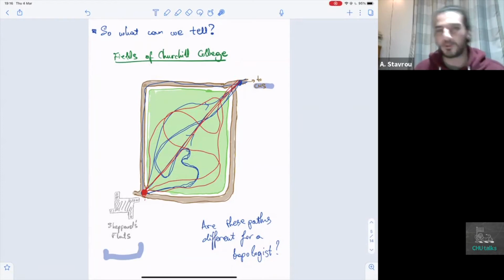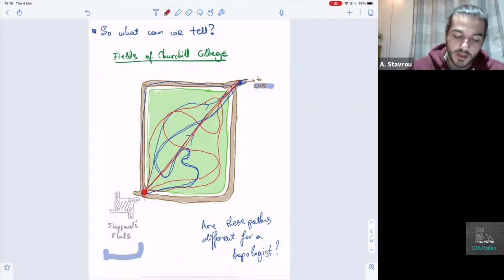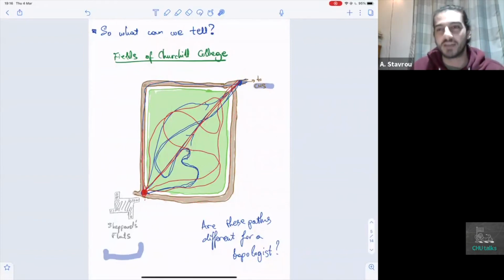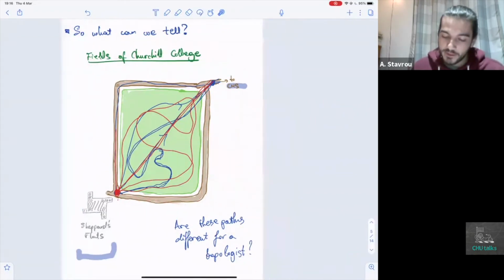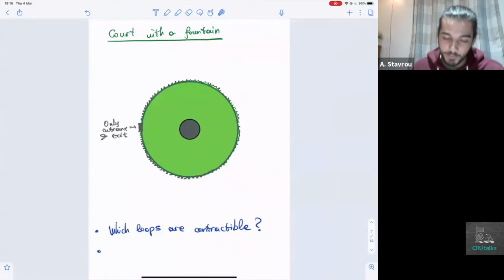Of course, the situation would be totally different if we were on the grounds of Trinity College, where you're not allowed to step onto grass, and so you would be forced to remain on this surrounding area. And I think you would agree with me that this path that goes around, you are not allowed to contract it through here continuously because you're not allowed to step on grass. Okay, right.